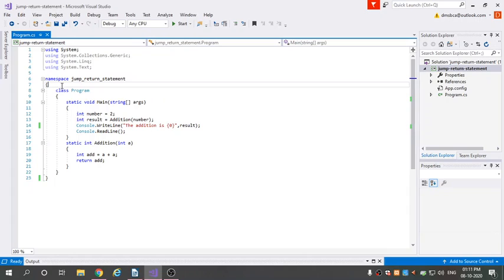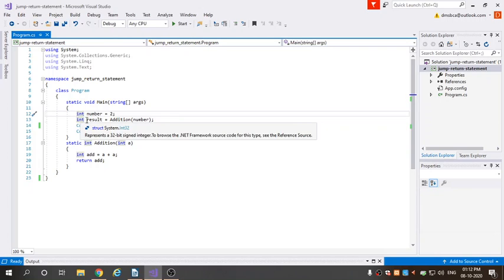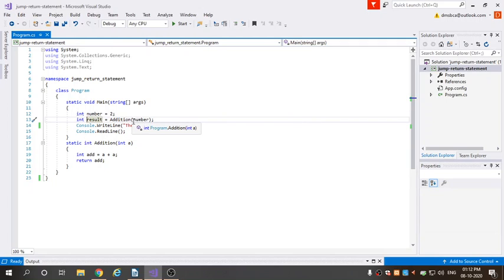Under the namespace we have to create the class and methods. We have taken the class Program. Under the class we have created two methods: the first is the Main method and the second is the addition method. Program execution starts from the Main method only. In the Main method we have created one variable of type integer, int number, initialized to 2, and one more variable, result, of type integer: int result = addition(number);